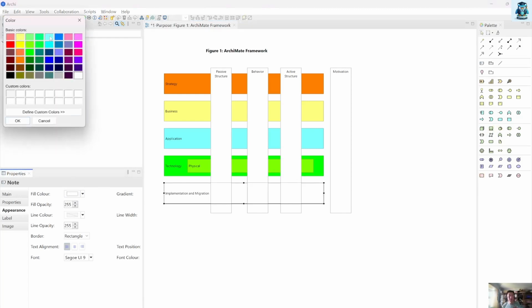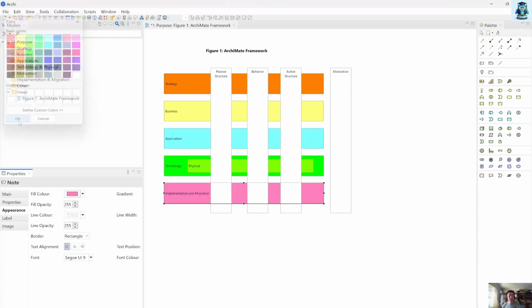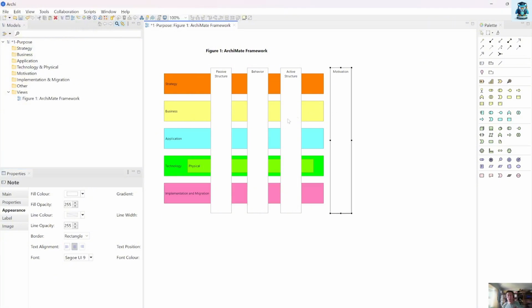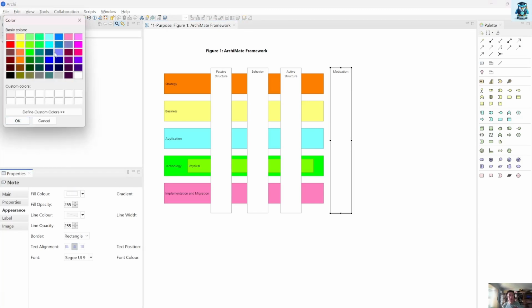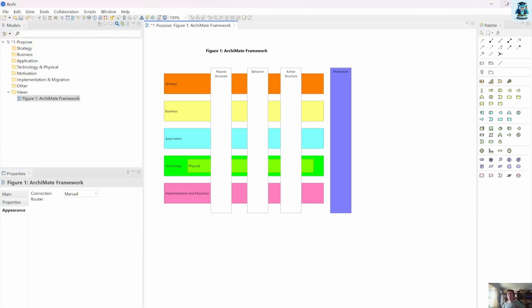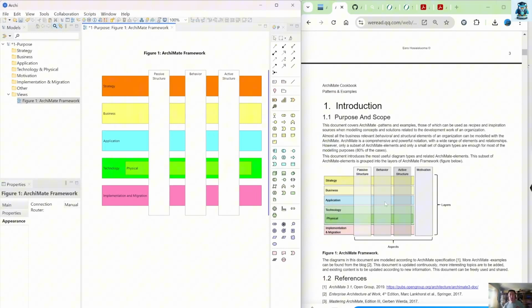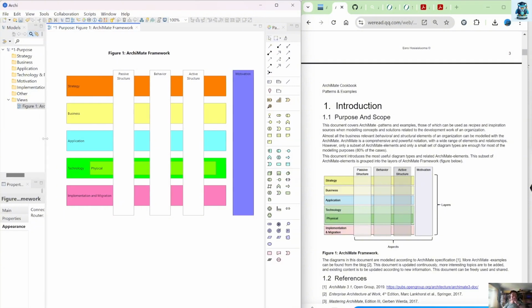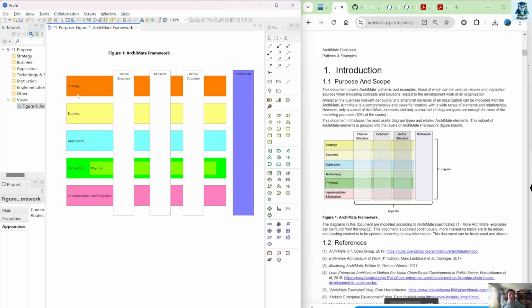Then let's find something similar. No, not similar, so maybe I will choose pink. And then motivation is specific. We have a motivation folder, so let me find purple. It doesn't look as nice as this one, but that is trying to show our purpose. I use this one. It does not mean it is any pattern, so you don't need to remember this as a pattern. But if you learn Open Group, learn TOGAF, I think this